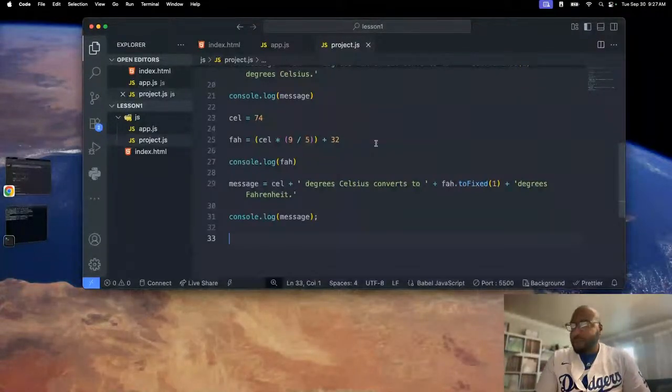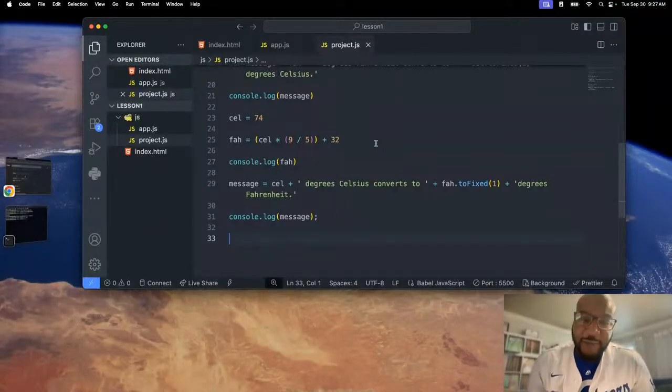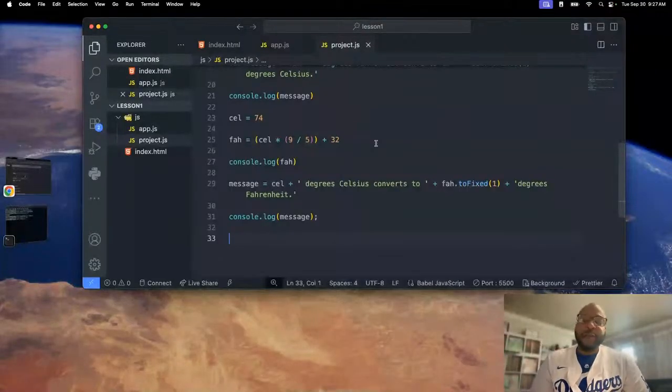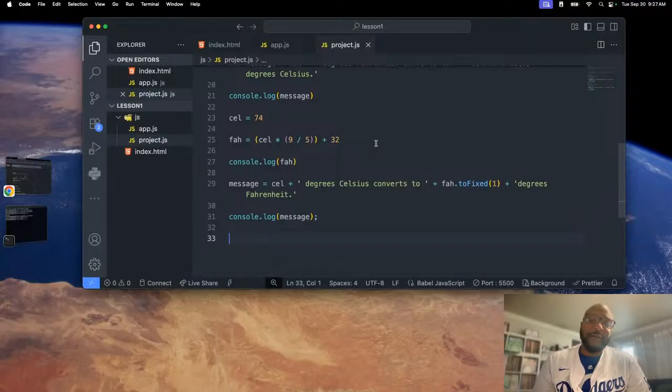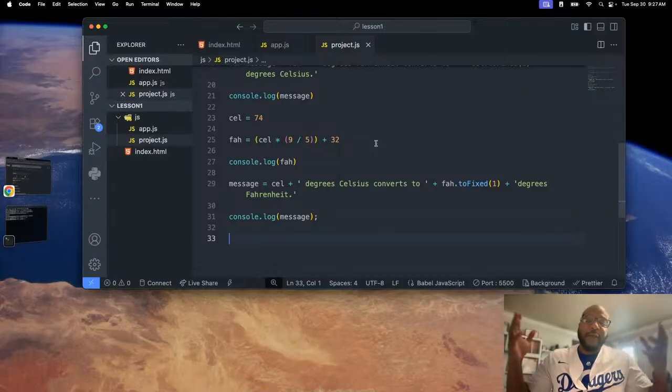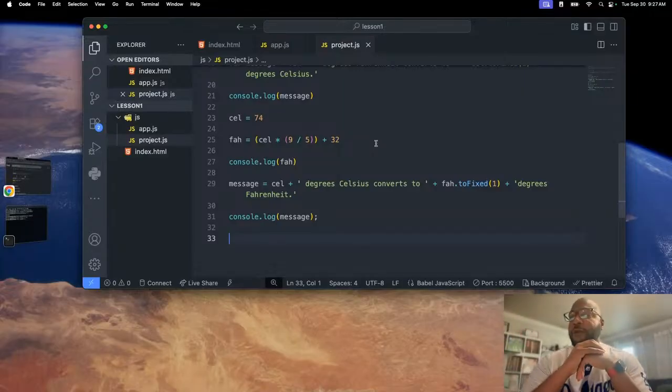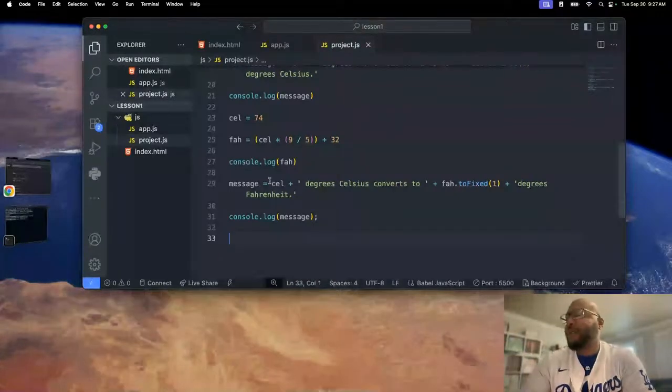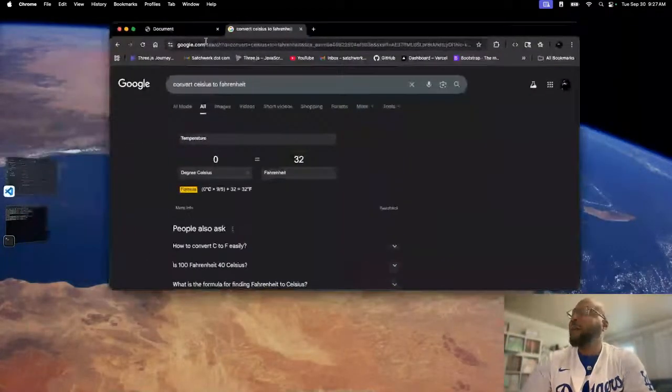But I understand what you're saying. As far as calculations go, the computer does the calculations for you. So we don't have to put pen to paper and fill this out. We just let the computer solve it for us. And as long as we're ordering our operations correctly, then we'll get the desired result. So with that being said, I'm going to look here,